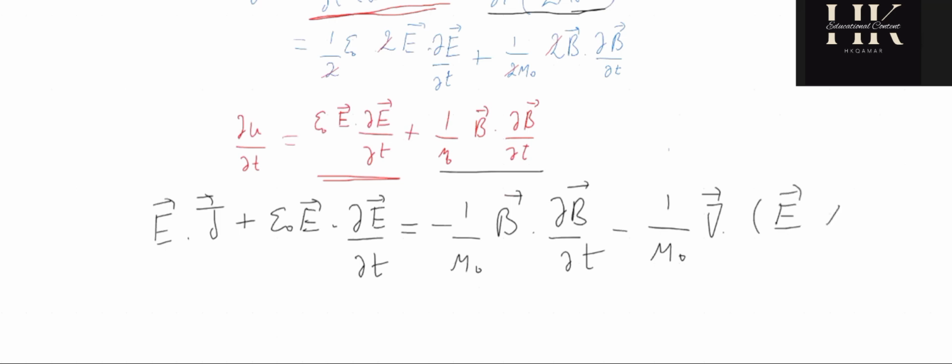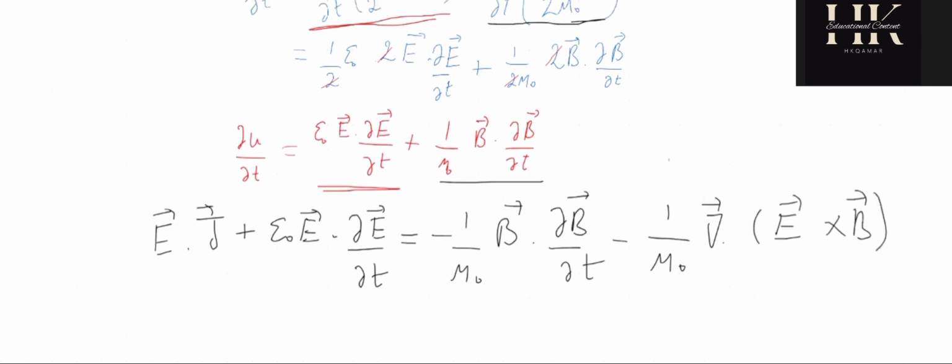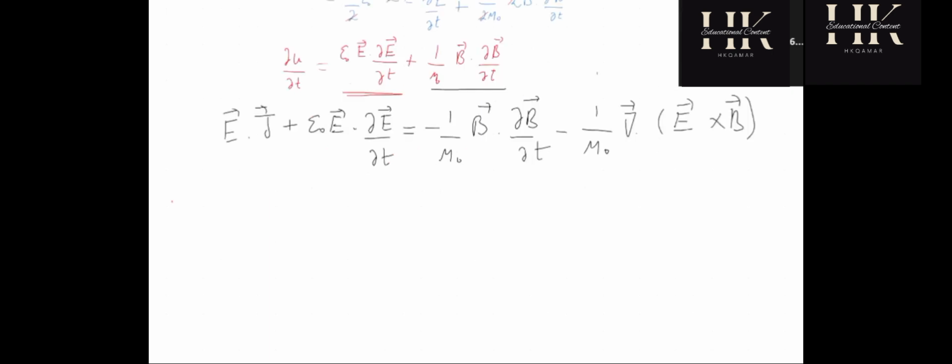This was our third equation, and in this we will write the value of E·∂E/∂t, which is equal to ∂/∂t of (1/2 ε₀E²), and this (1/μ₀) B·∂B/∂t. These two terms are the same, and this term is equal to this one. So we can write this equation as E·J